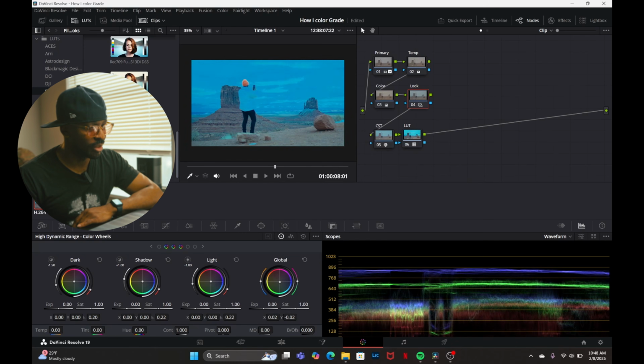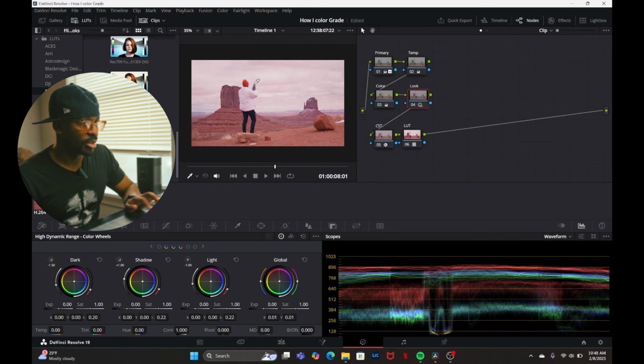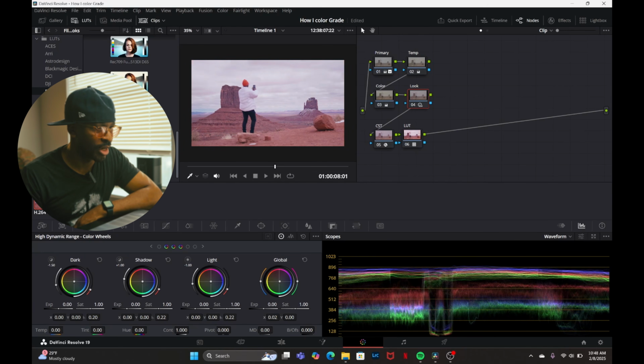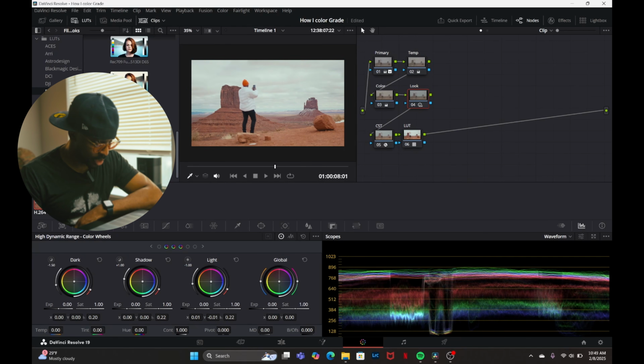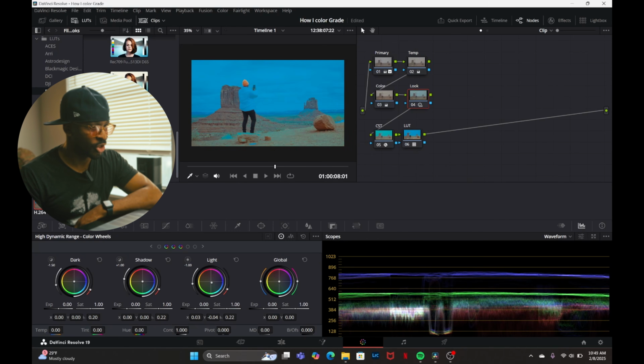You can see if I go down here, there's more of a separation between all the cooler colors, all the highlights, and all the warm colors. So it kind of just gives you that option. If you want to make a little bit more separation between your blues, you can do that here. Or if you want to focus on the light areas, you want to make the lighter areas cooler, you want to come here, all your highlights, you can make them as cold as you